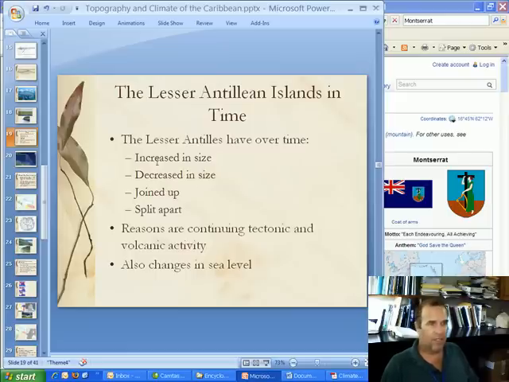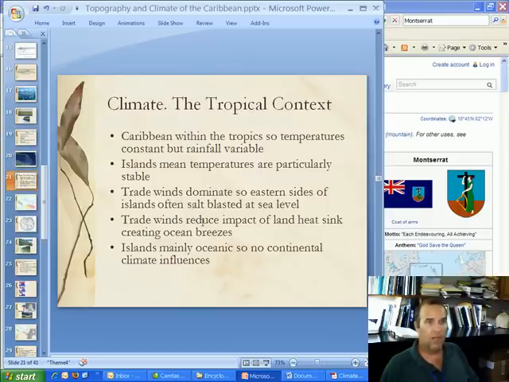I'm going to take a break there and then come back and take a look at some climate